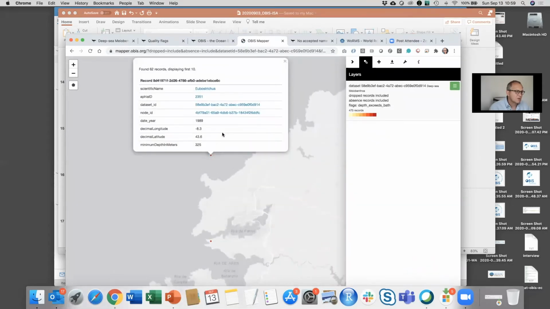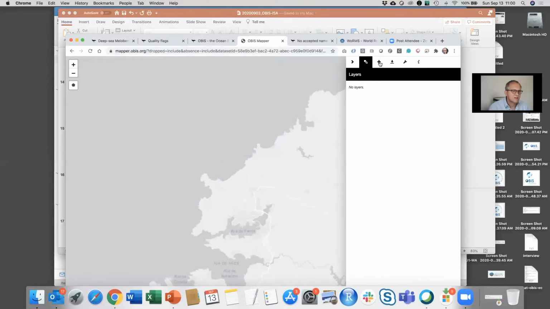So if you want to have a look, 300 meters depth. I'm not sure if this is true or not, but apparently, according to the GEBCO bathymetry, and in this case for Europe, we use the EMODnet bathymetry, this exceeds the bathymetry according to those reference databases. You can download the data in a CSV file, but maybe let me show you another way to access the